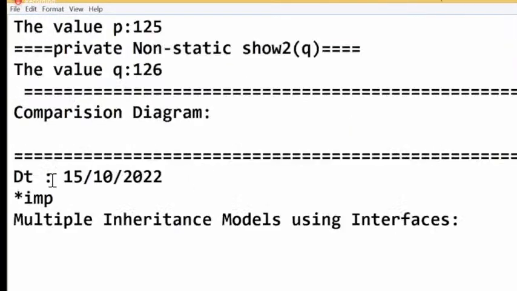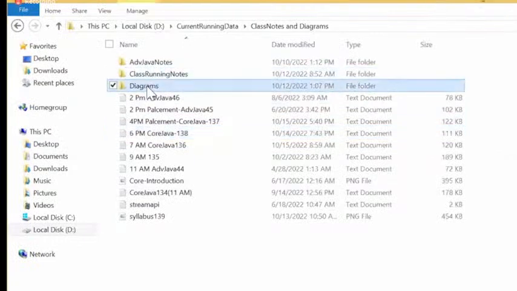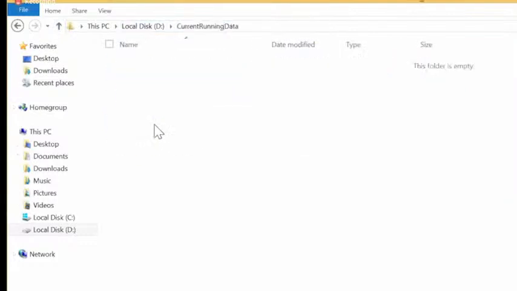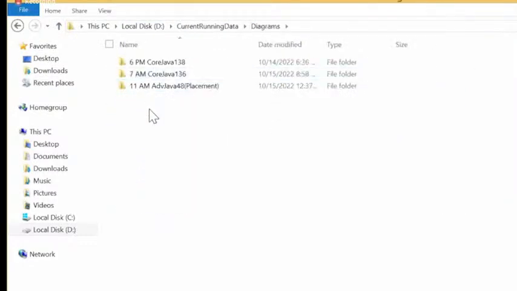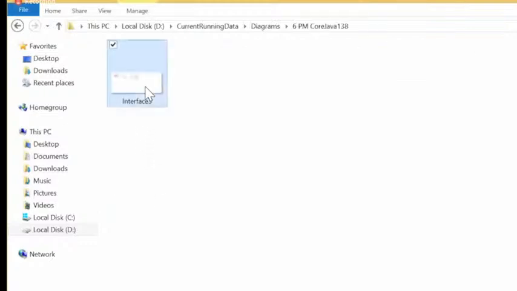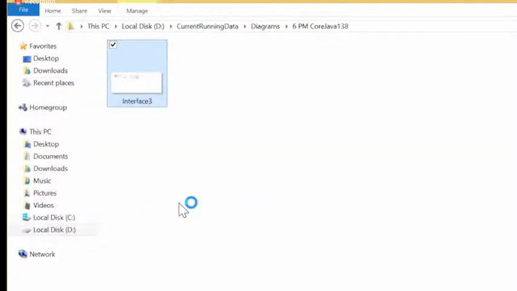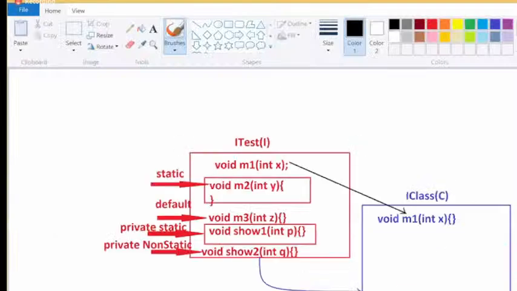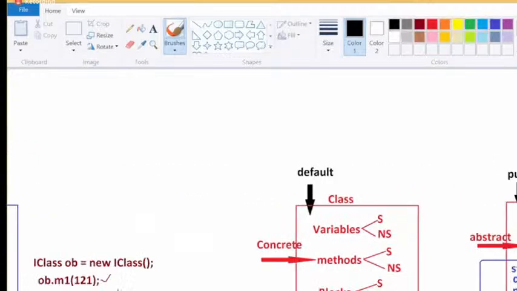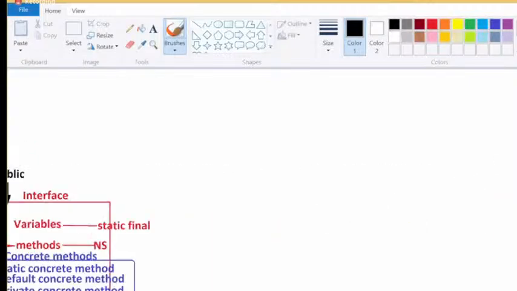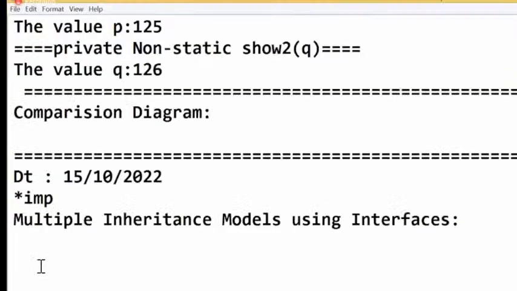Today's class is, let us have discussion on multiple inheritance models. This is yesterday's diagram and this is comparison diagram anyway. Now let us have some multiple inheritance models. Make it model number 1,